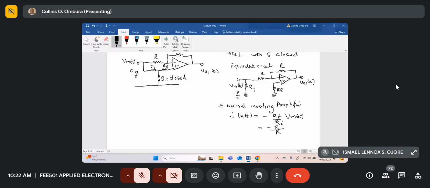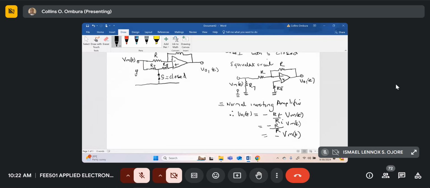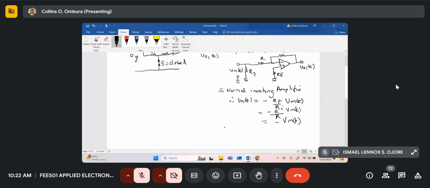Its value is R into Vm of t, and therefore this is just minus Vm of t. So we can say that thus when S is equal to closed,